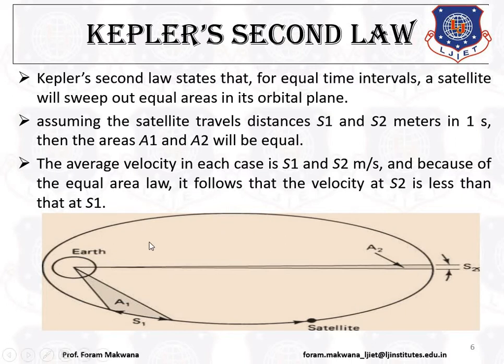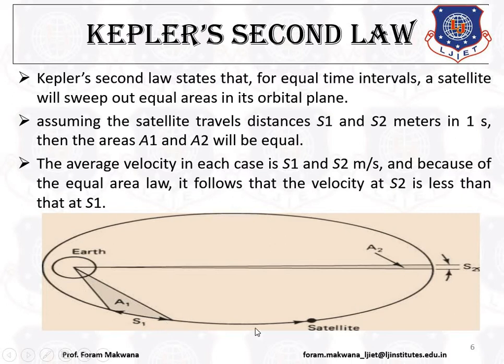Over here, this is our Earth, and this is the orbit on which a satellite is rotating around the Earth. If you assume that satellite will travel a distance from this point to this point, that is S1 meter in 1 second,